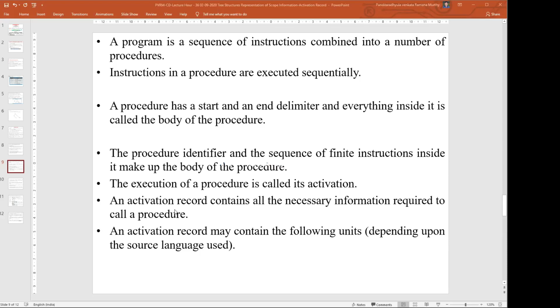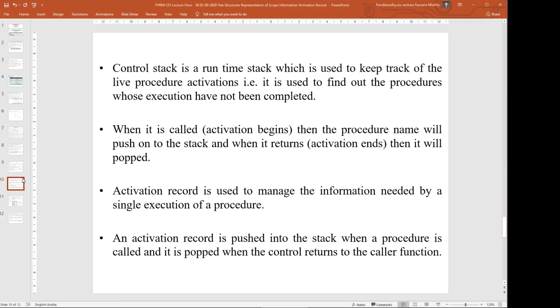We'll see what the necessary things are to be saved as part of the information required to call a procedure. So an activation record may contain the following units, depending upon the source language we are using. It may slightly vary from one programming language to another.